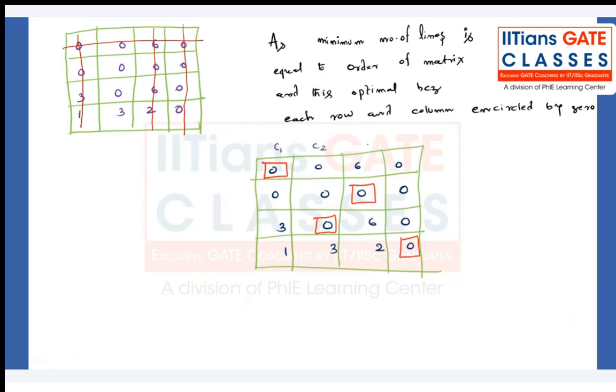C1, C2, C3 and C4. R1, R2, R3 and R4. Right. Now here, what we're going to get: R1 assigned for C1. R2 assigned for C3, R3 assigned for C2, R4 assigned for C4. Clear everybody? Right. Now the optimum solution is